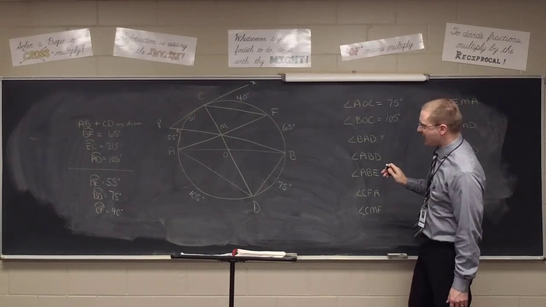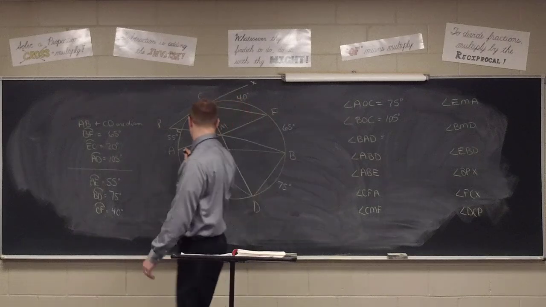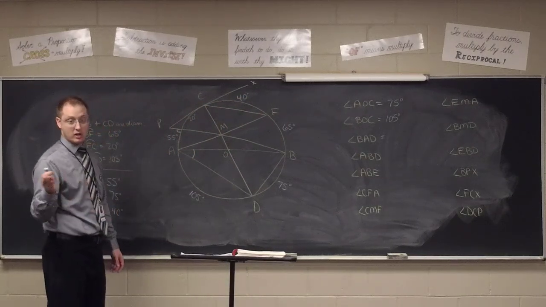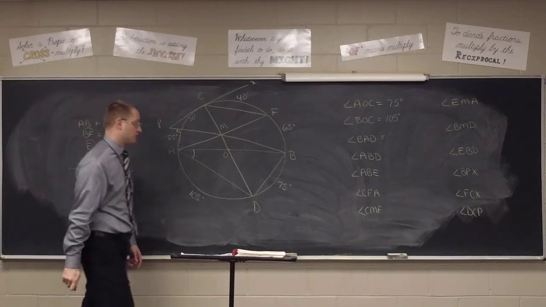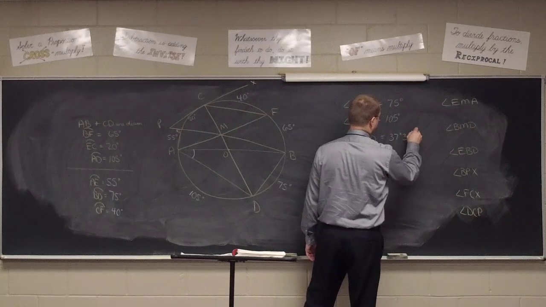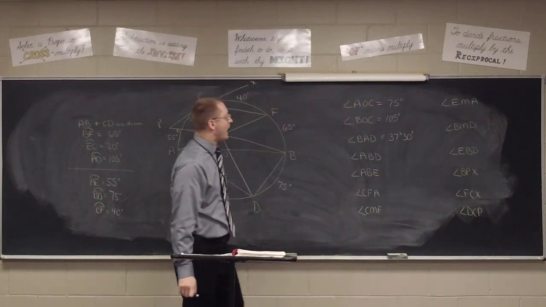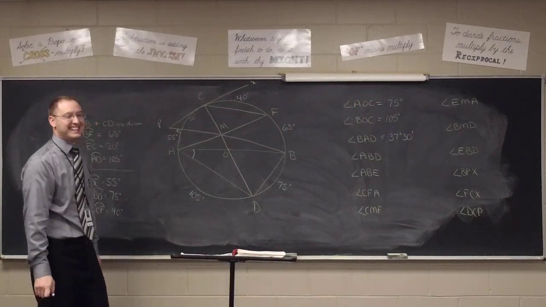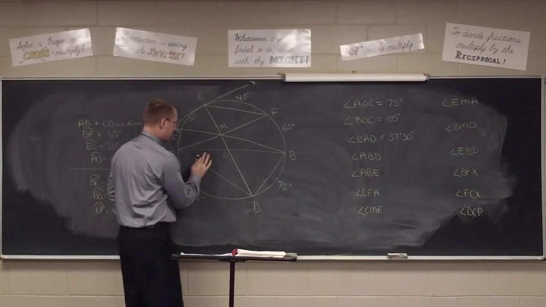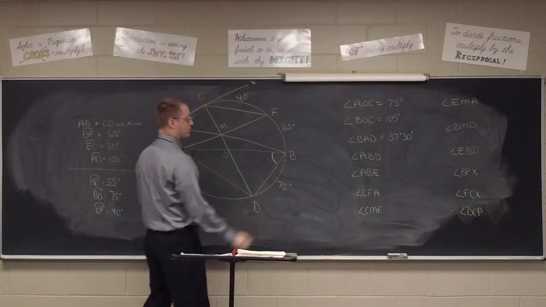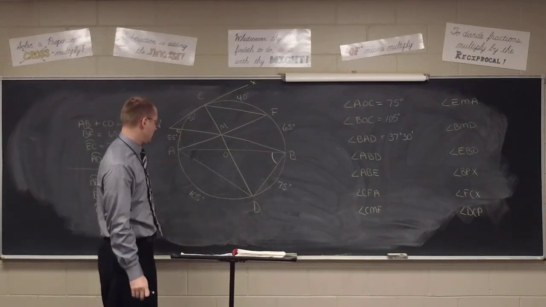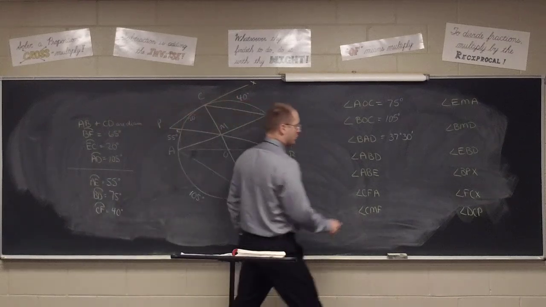All right, for BAD, what type of angle? Inscribed angle equals half its arc, so it's going to be 37 and a half, or 37 degrees, 30 minutes. All right, angle ABD is over here. Another inscribed angle, again equal to half its arc, so it must be 52